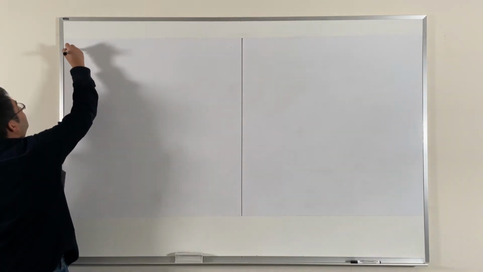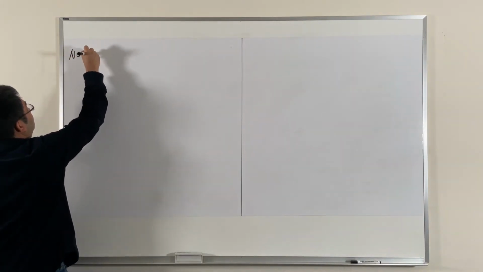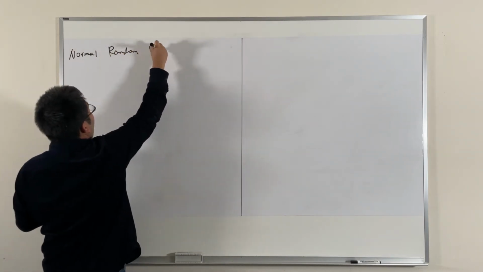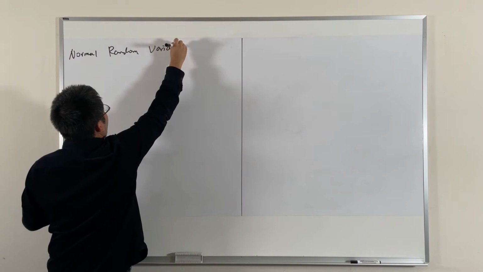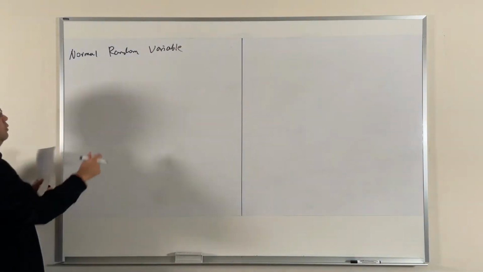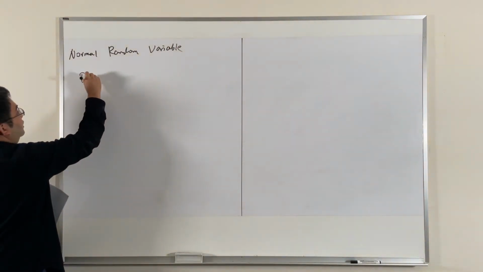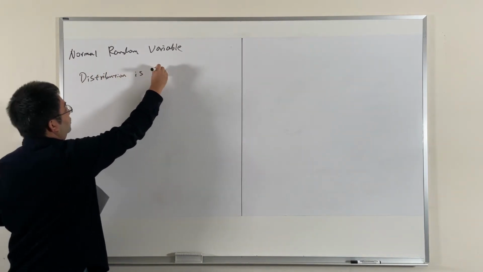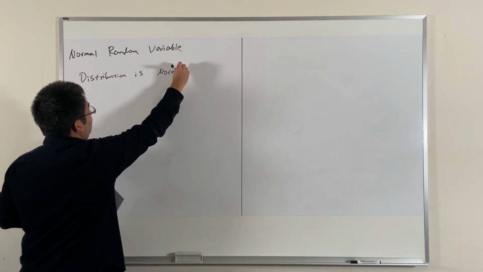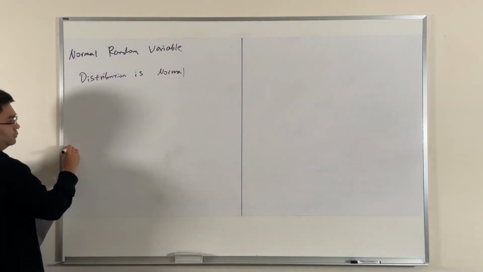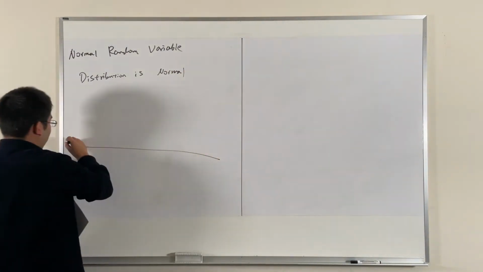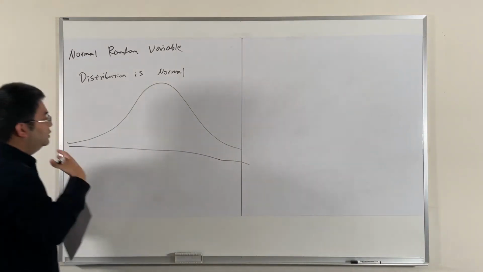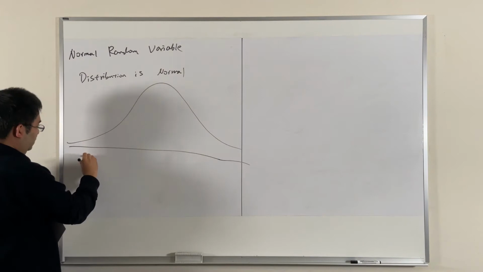So we have a normal random variable, and the distribution of a normal variable is a normal curve shape, which is the bell shape, like this. For a normal distribution, or to describe a normal distribution,